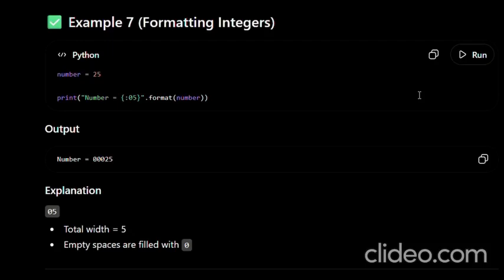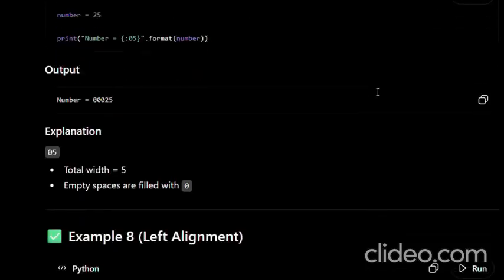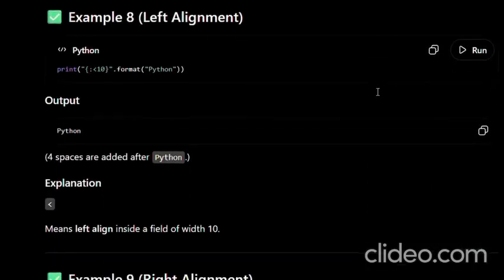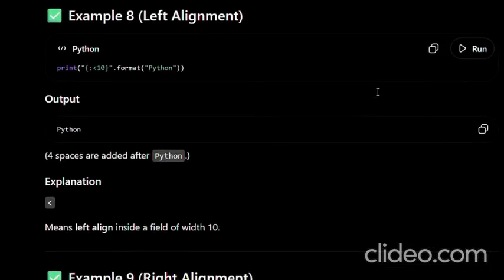So example number 7 is basically using the dot format function method. So we already have done these type of questions. The 05 here indicates that the whole number should be of 5 digits. So it will attach 0 before the number. Then the left alignment. These are not much used in strings, but you should know about these